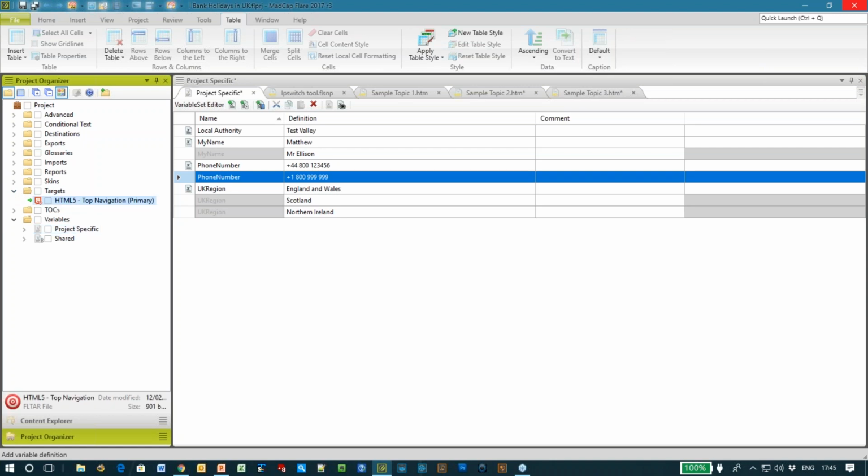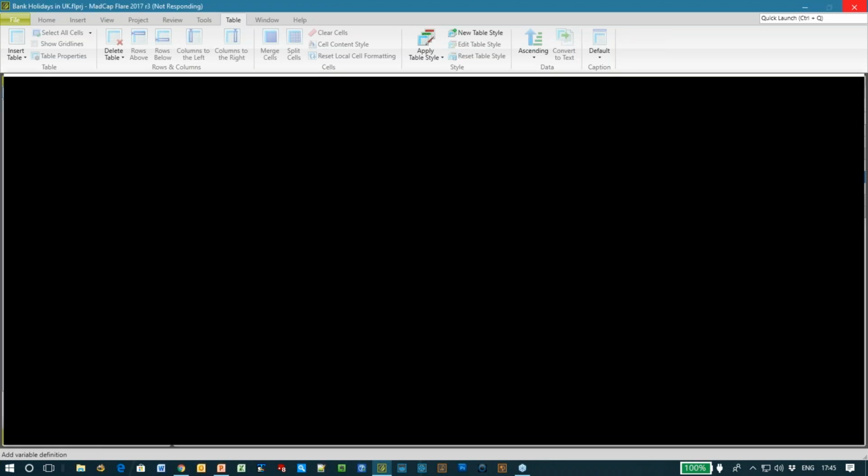So the way it works now is if I have a target, if I have any target, I'm just going to open that target and I'll leave it open while I continue talking. If I open that target, I can choose to override the value of that variable in the target. And remember I said that was one of my features, if not my very favorite feature of Flare.